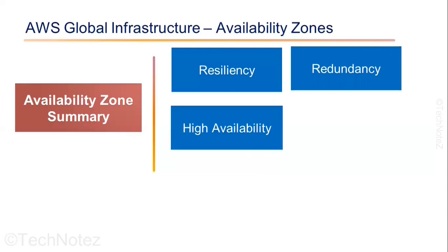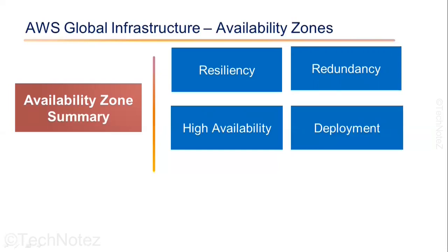High availability. AWS availability zones within a region are interconnected with high-speed, low-latency networks to enable data replication and communication between them. AWS availability zones are designed to provide high availability, and AWS guarantees at least 99.99% availability of application. Deployment. AWS recommends to design your application to be highly available across multiple availability zones to ensure maximum uptime and fault tolerance. You can launch resources such as EC2 instance, RDS database, and Elastic Load Balancer in one or more availability zones to achieve high availability and fault tolerance of your application.